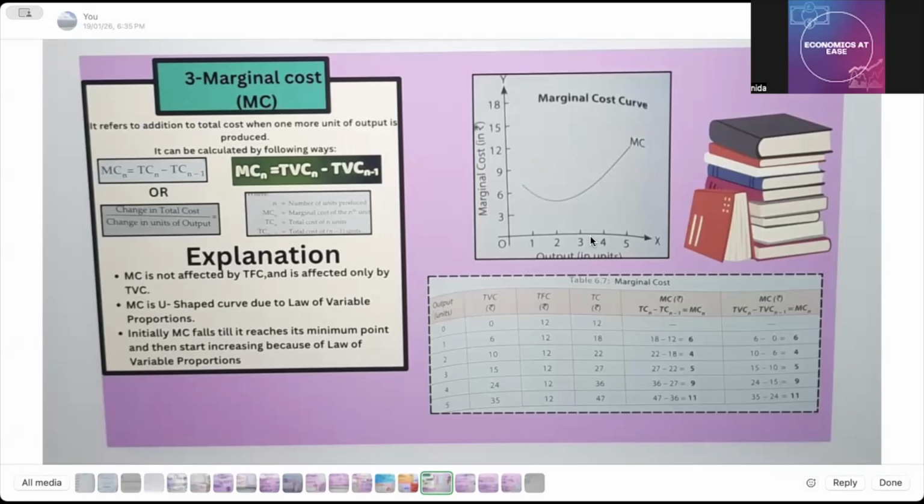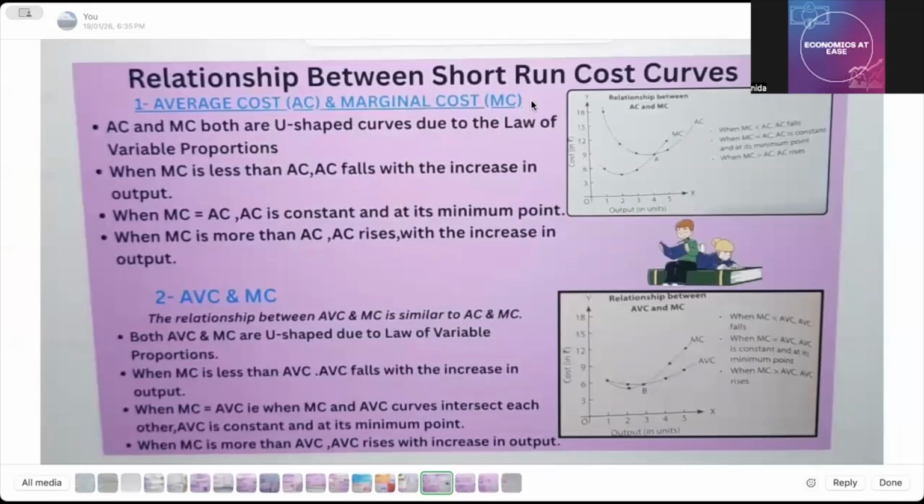Okay, and then the table is also here, how you are going to do it. This is a part of a summary. Okay, and what we will do afterwards, after this summary, I'm going to start the numericals. So when we do numericals, it will be easier for us to apply the formulas and it will also start making more sense. Right, now the relationship between short run costs, again I have given you the diagram, the explanation, please go through it,